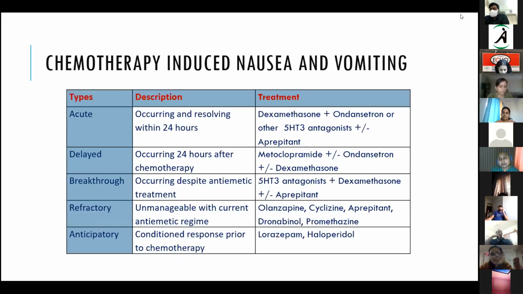When you are trying to treat chemotherapy induced nausea and vomiting, you also need to look at the type in which it presents. There are NCCN guidelines and ASCO guidelines which tell about managing CINV, where it is divided into types: acute, delayed, breakthrough, refractory, or anticipatory. Most of the chemotherapy protocols right now have these drugs already given anticipatorily. So the ones that are occurring immediately or delayed are quite likely taken care of. But in certain patients, due to repeated cycles of chemotherapy, they might have refractory nausea and vomiting.